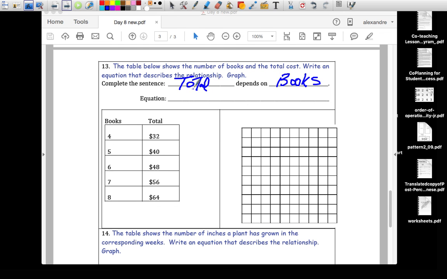My equation, let's translate. T for total depends on the books. Right? But obviously there's a relationship here. Hopefully you noticed. It'd be what? Times 8. So let's see if this works. If I bought 4 books, 8 times 4 is 32. Check. If I bought 5 books, 8 times 5 is 40. Good. If I bought 8 books, 8 times 8 is 64. So this is my equation. To find the total, I would get 8 and multiply it by the number of